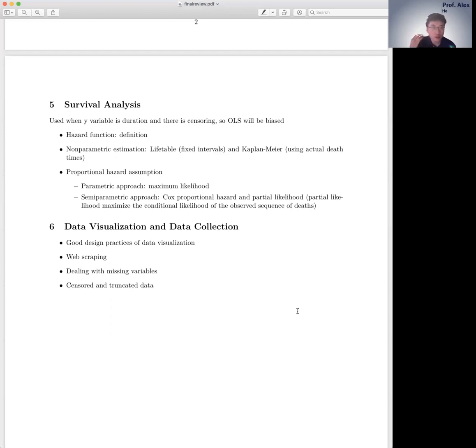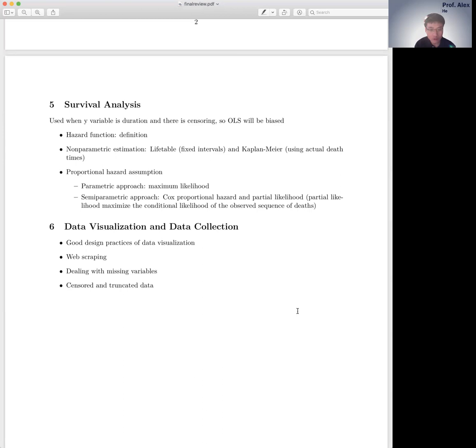But then if we want to know the effect of something on the survival curve or the survival rate, or if we want to use some X characteristics to predict the survival curve, then we would have to estimate a more parametric model. So here we would have the Cox proportional hazard model. And then there are two ways to estimate it. One is the parametric approach, and you can estimate that using the maximum likelihood. And there you have to assume a parametric function, either the Weibull distribution